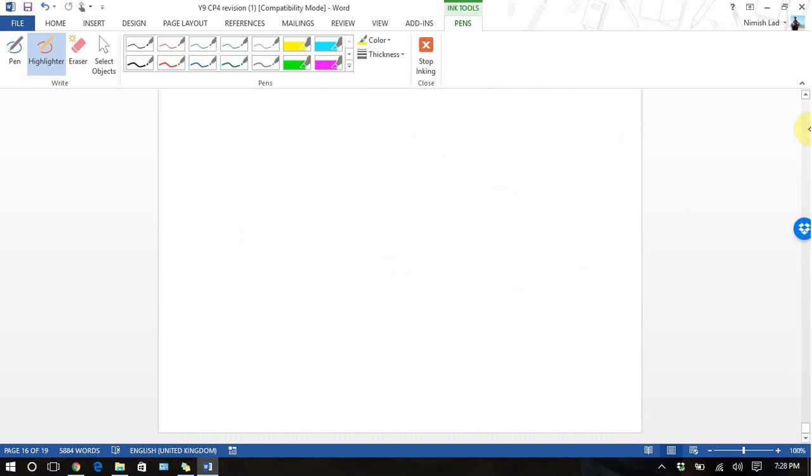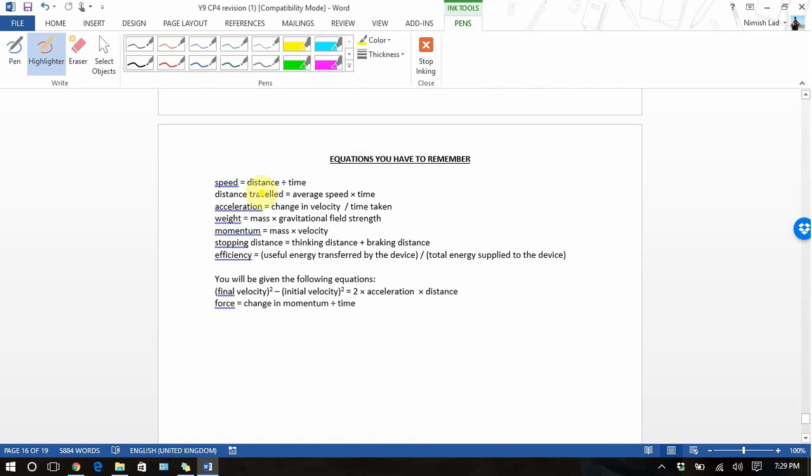Right, so just to talk about those equations, these are the equations you have to remember. Speed equals distance over time, distance equals average speed times time, acceleration equals change in velocity divided by time, weight equals mass times gravitational field strength, momentum equals mass times velocity, stopping distance equals thinking distance plus braking distance, efficiency is the useful energy transferred by a device divided by the total energy supplied to the device, and the